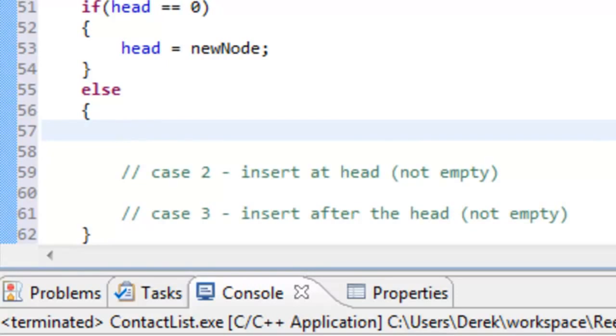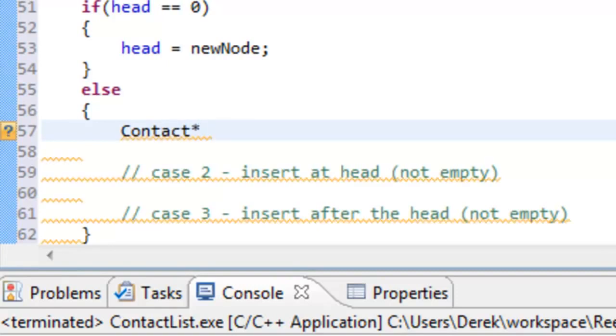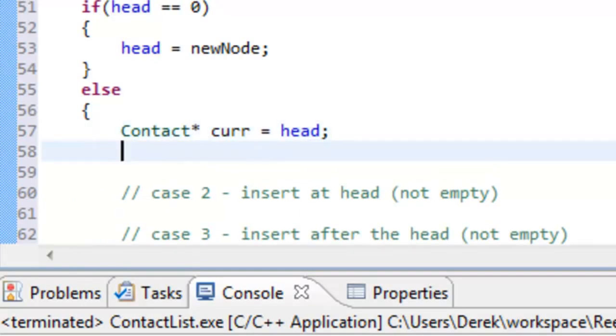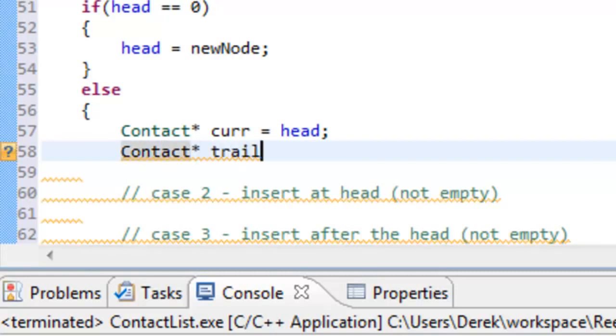So we'll need to have a contact pointer for our current node, so whatever the current node is that we are currently looking at or examining. And initially that current node will be set to the head node. And the other pointer that we'll need to create is a contact pointer called trail, or you could call it maybe previous. And this will be a pointer that simply points to what current was pointing to before we updated current